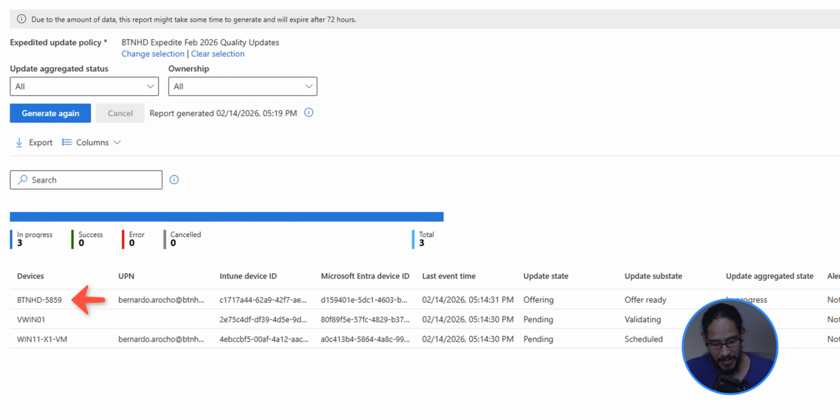Awesome. Now, my 5859, which is the machine that I typically use to test a lot of my policies, the update state is offering. Update substate is offer ready. Now, when I was checking this machine, apparently this machine can't get any updates because it's running a very old Windows 11 build. I have to upgrade that build eventually. And then once it's upgraded, it should push out this policy with no